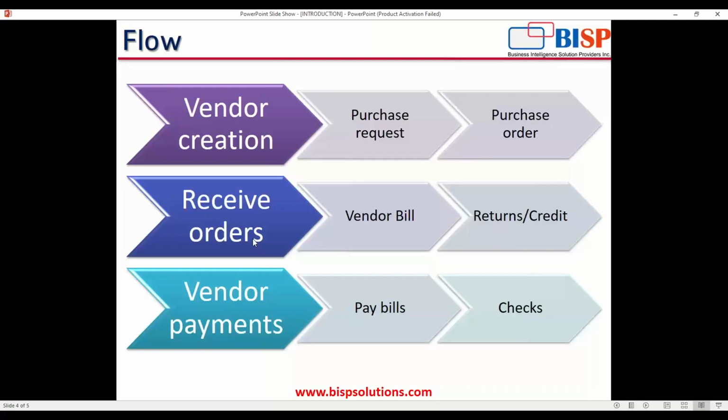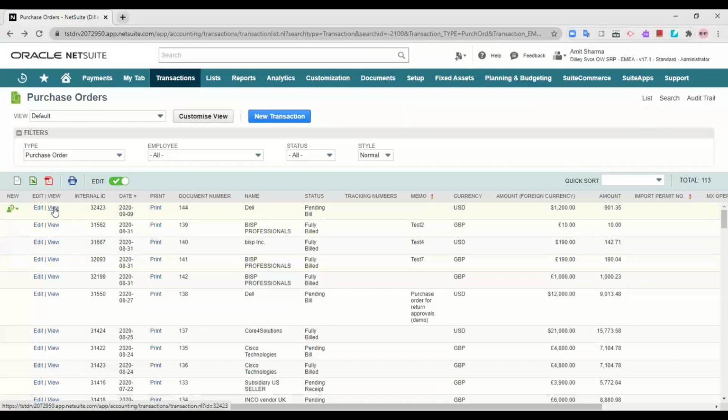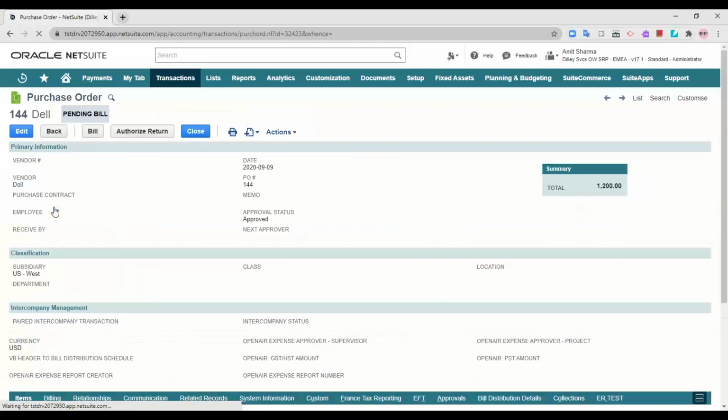Now I have received it. The next part is I'm going to bill for that purchase order, or now there are two options. Either I'm going to return it or I'm going to bill it. Also, I can return the order after billing also. So when I view it, as you can see, there are three options that are active for me. I can bill this particular purchase order, or let's say after checking into the warehouse, the quality was not satisfactory. There were certain defected goods that I received, or maybe due to any reason, I can return also, or I can bill also.